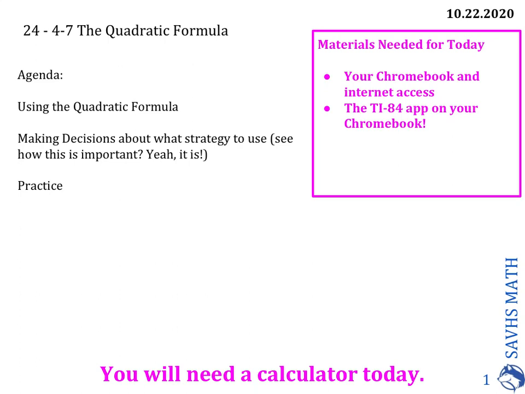Hi, everybody. Today is maybe the day that you have been waiting for this entire unit. Today we're going to talk about the quadratic formula and how you use it and when to use it and how to make sure that your answers are right. So